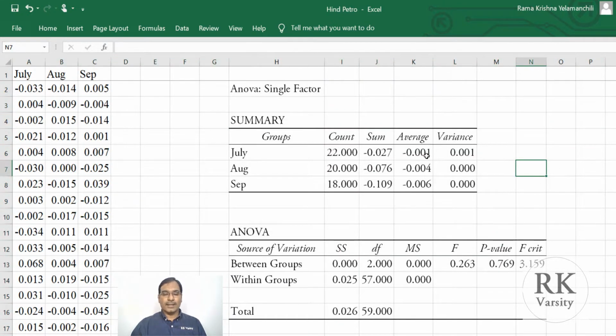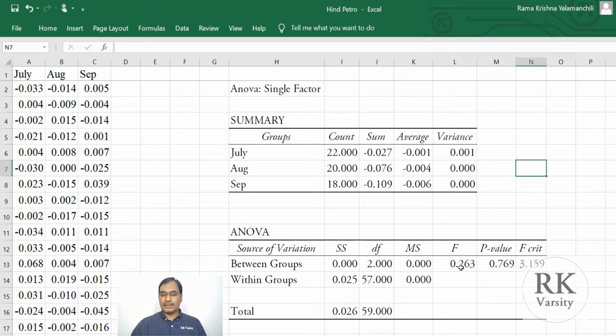Now here is the analysis. For the July month, the count is 22 days, August 20, September 18. And the average is negative for all the 3 months. That is, all these 3 months gave you negative returns or losses. And the variance is uniform, that is 0.00 for all the 3 months.